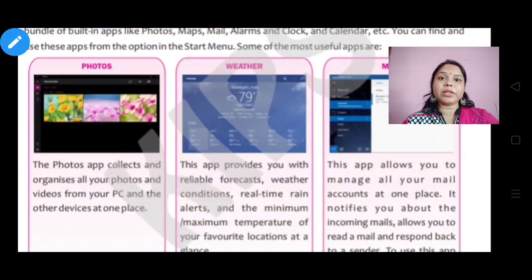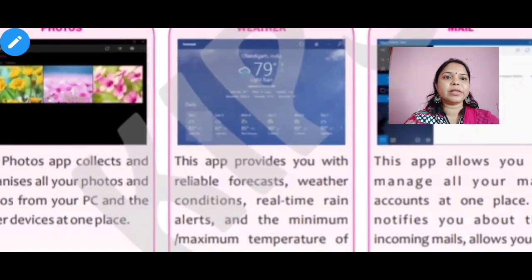We can also see alerts about any type of natural disaster. So we can see the weather conditions from this weather app.